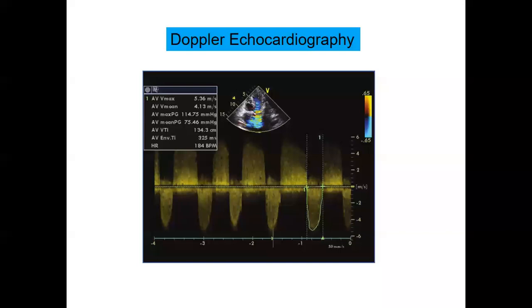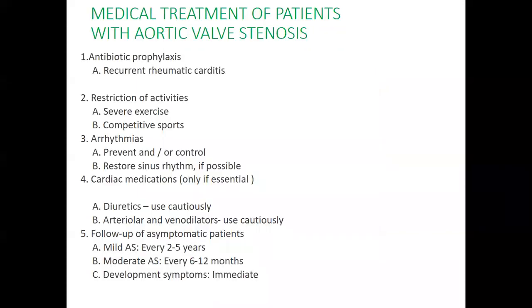This we teach in postgraduate classes, where it's mandatory for postgraduate students after final year. We are just giving you the knowledge of the methods by which you can calculate the severity of aortic stenosis. So if you find a patient who has aortic stenosis, you diagnose by doing ECGs, chest X-rays, and echocardiography. You label this patient as having severe aortic stenosis, then definitely you have to treat this patient.